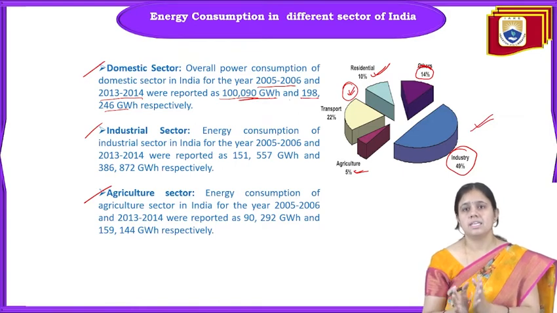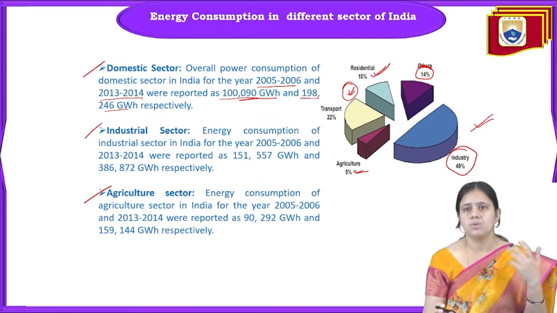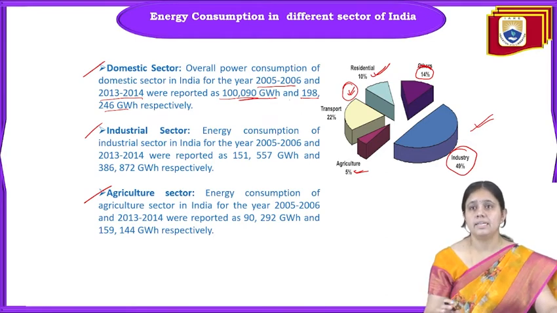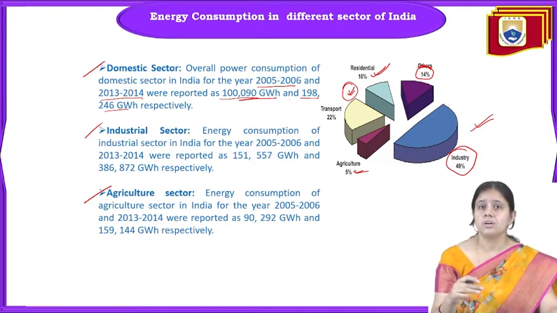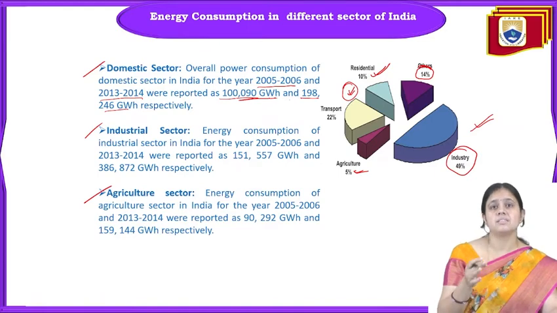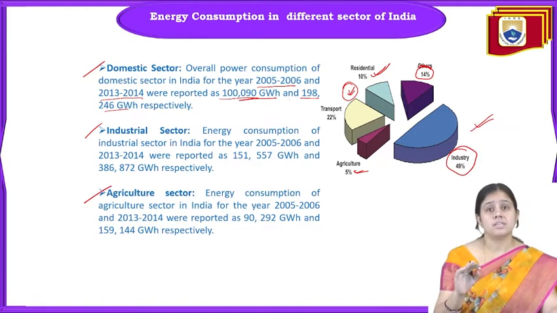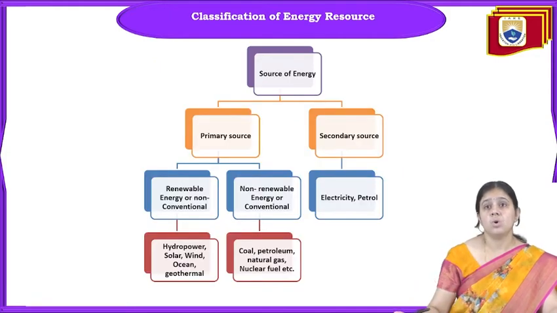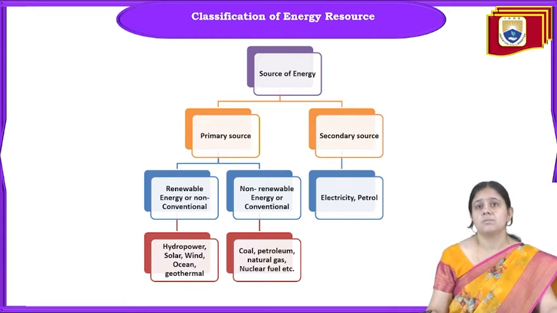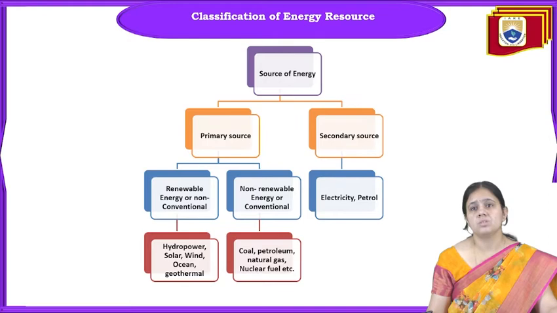Green energy is the cleanest fuel, and it has a future for the coming generation also, and it is a sustainable form of energy. What we are using today is not going to vanish for the next generation, but fossil fuel is not sustainable, because what we use today is going to vanish in the coming days. Now, on the basis of sources, we will classify energy into primary source and secondary source,